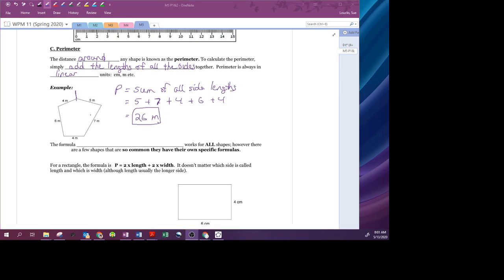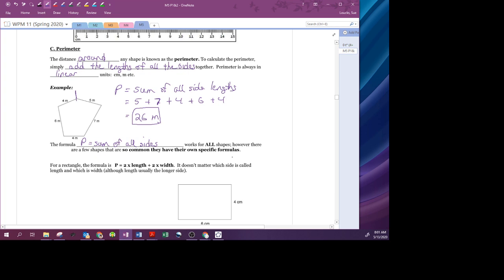The formula P equals sum of all sides works for all shapes, any shape, no matter what, it works. However, there are a few shapes that are so common they have their own specific formulas, and they'll all be on your formula sheet. For a rectangle, the formula is P equals perimeter equals 2 times the length plus 2